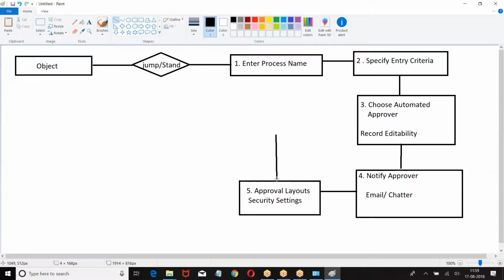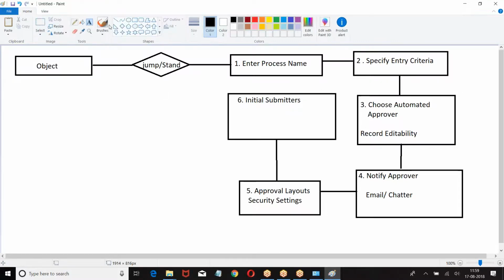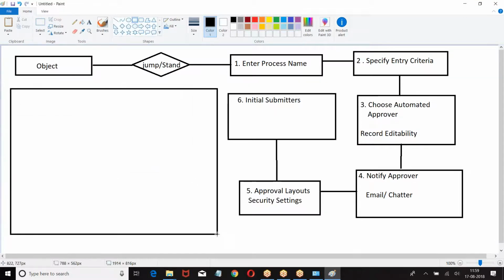Then we had initial submitters. Then the record will get into the approval steps. Now we have a condition. Do you want every record to enter this step?